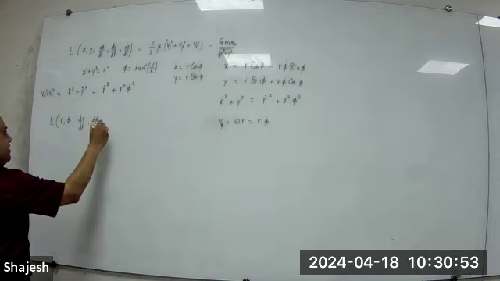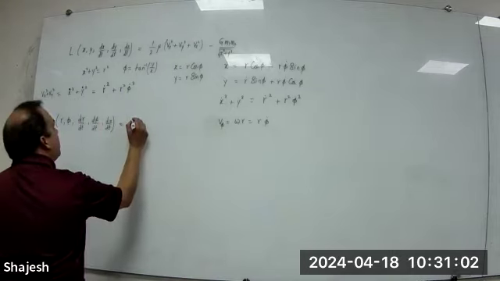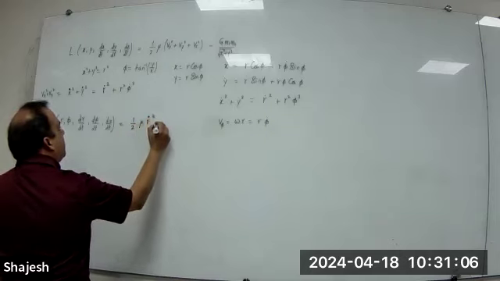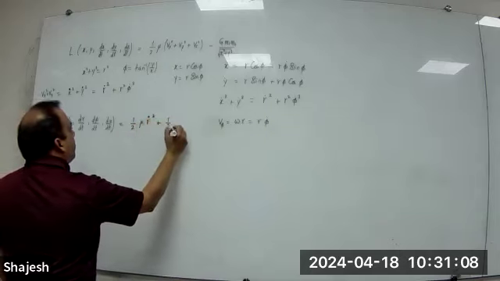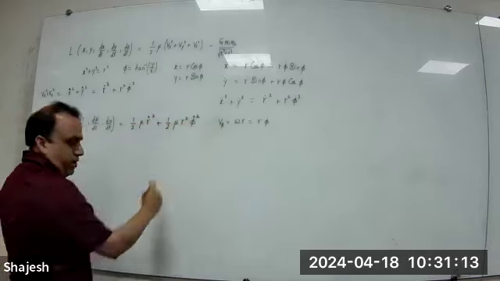And there is a dz by dt floating around because I couldn't argue that out. That's equal to 1/2 mu r dot squared plus 1/2 mu r squared phi dot squared,